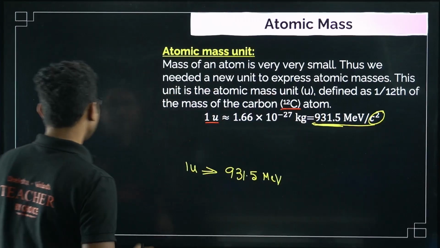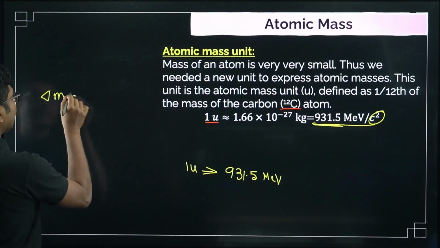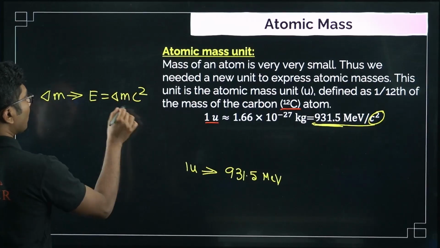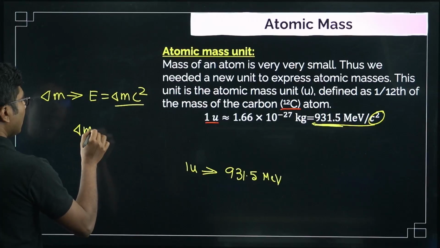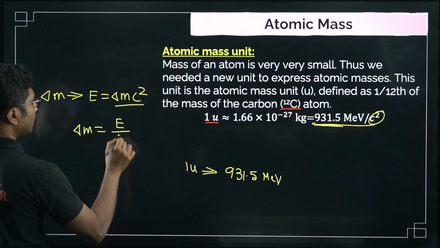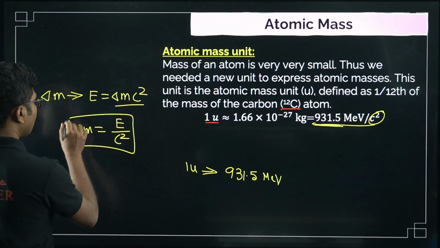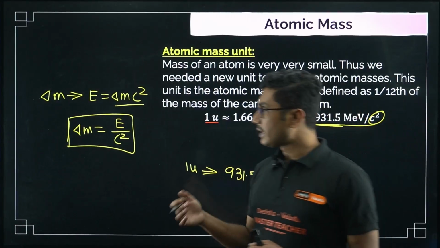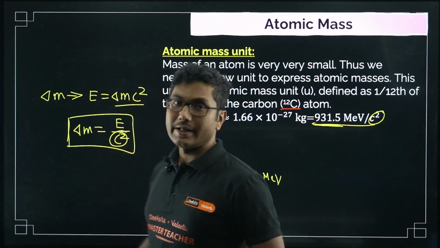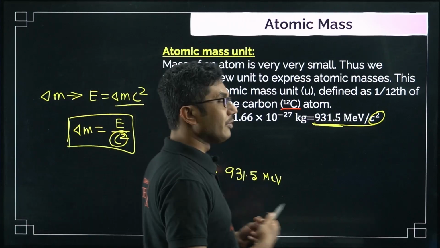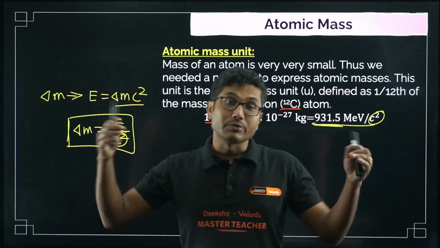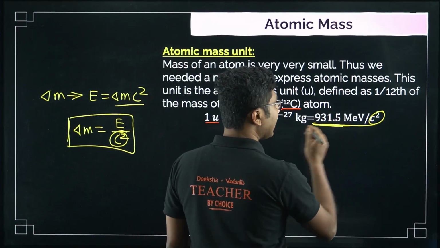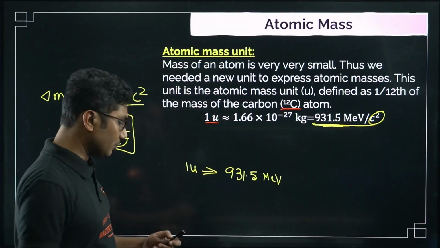Because when you convert mass delta m to energy, you have to multiply it with c square. So mass can be written as energy divided by c square. Okay, this is a formula. Based on this, MeV per c square is a common nomenclature. Here c is obviously the speed of light. You don't want to always multiply mass with 3 into 10 to the power of 8 whole square. So this is a conversion factor, very handy and important to remember its value.